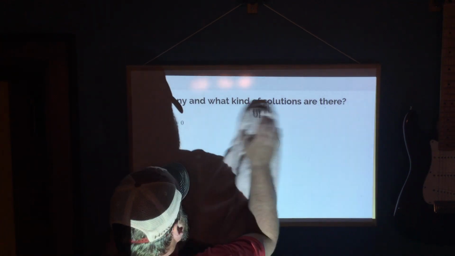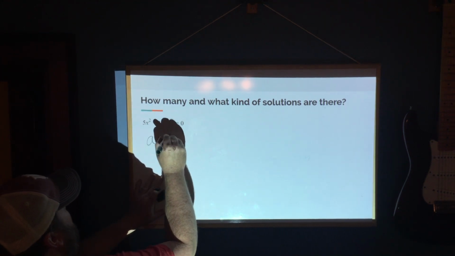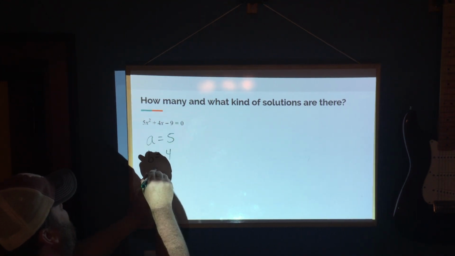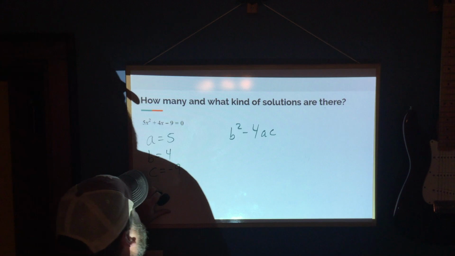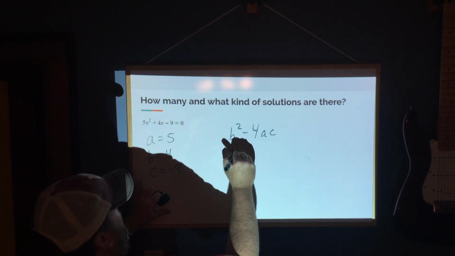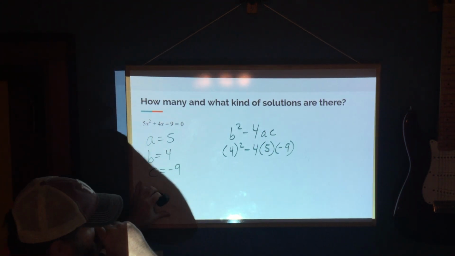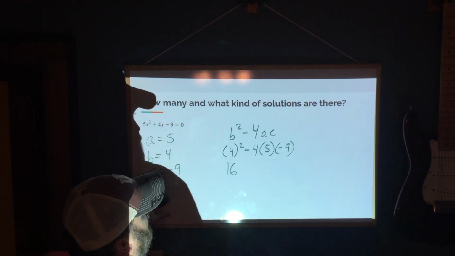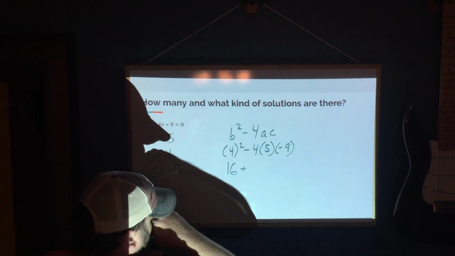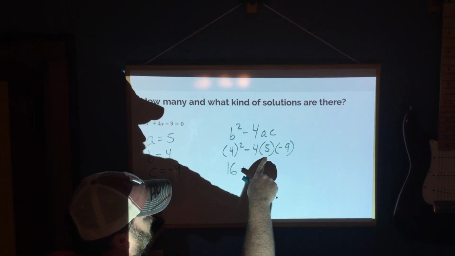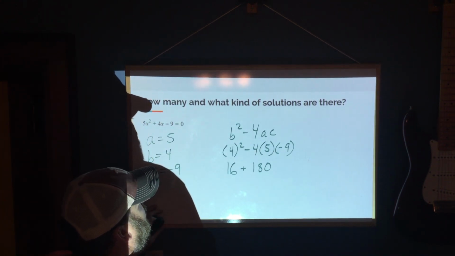All right, let's look at the next one here. So A is 5, B is 4, and C is -9. So we use our discriminant, b squared minus 4ac. That's going to be 4 squared minus 4 times 5 times -9. So that's going to be 16. Negative times a positive times a negative will be a positive. 4 times 5 is 20, times 9 is 180. And that will be